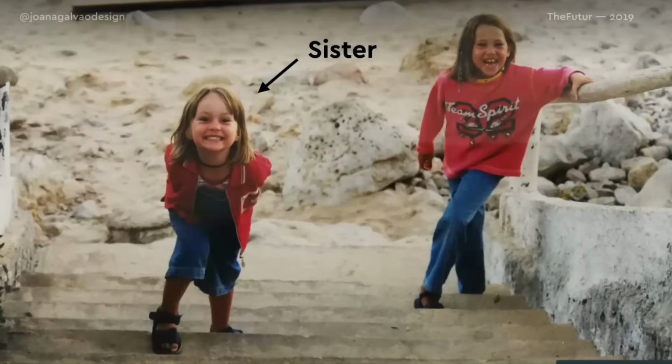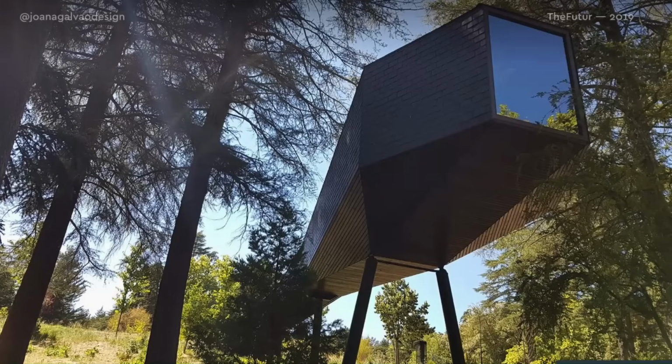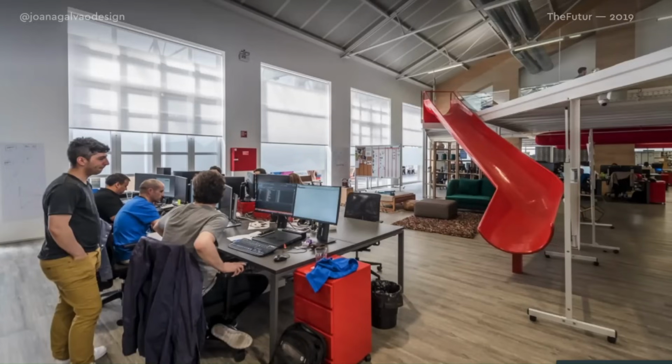Whereas my sister, I remember once she drew a drawing of a tree house with a slide coming out of it, and she was told she was wrong. Whereas I don't even have to leave my country to find beautiful tree houses like this one, and offices with slides in them. Mm-hmm. So,